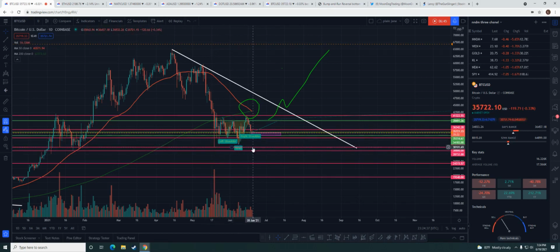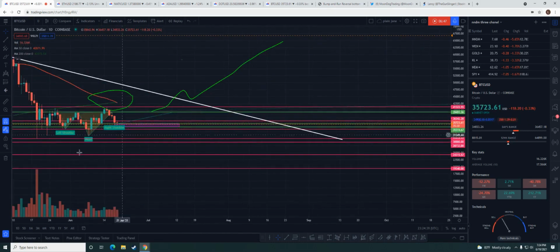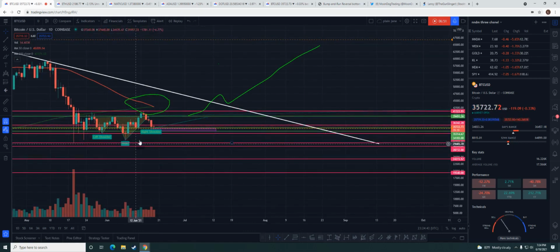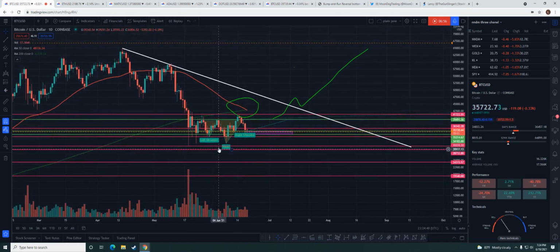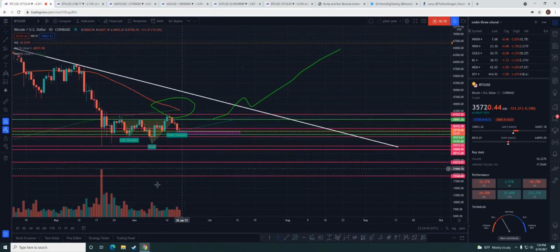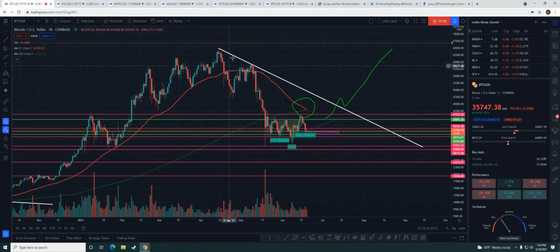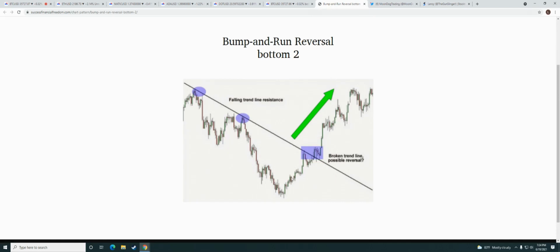It got bought up really fast. Okay, people bought it up really fast. They never let a day go by where they said, hey, we're not buying this throughout the day. Okay, it was hours that these things were down. Okay, so with that being said, we could have a potential of a big bump and run. Now I'm going to give you an example of bump and run reversal right here. This is a bump and run reversal, guys.